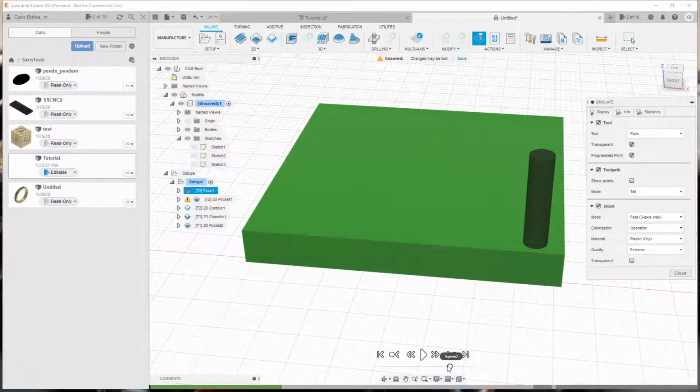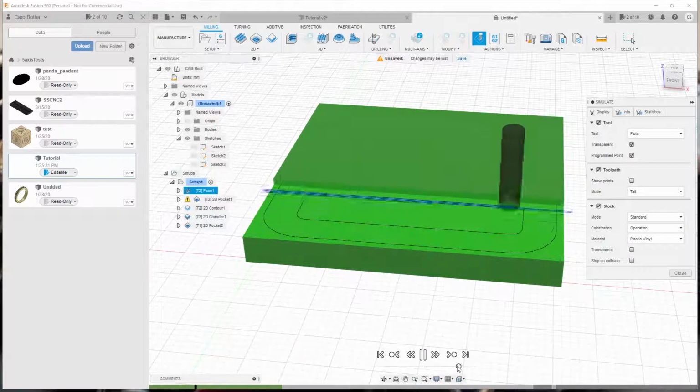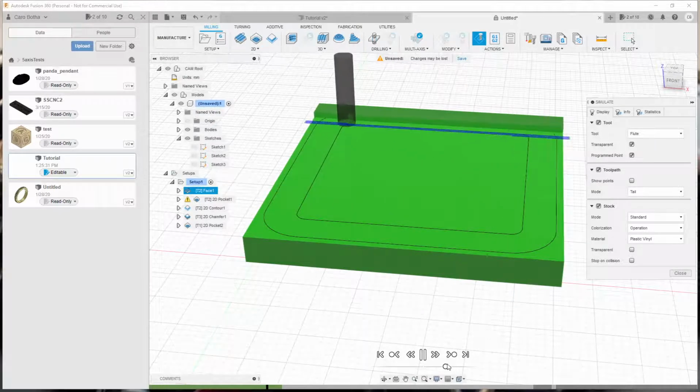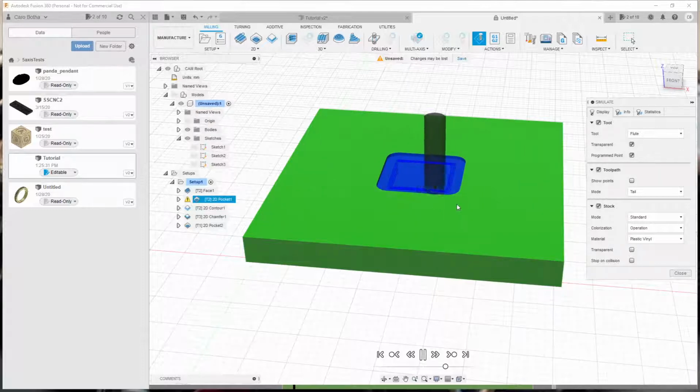I'm going to turn the simulator a little bit slower this time. I'm going to put it on standard. We're good to go. Yep, let's go. And we press play. So the really boring bit, I'll speed up a bit, just that part. Alright, so the pocketing. The first one flattened off to this surface that we needed here. I'm going to turn off the model. The second one is going down, pocketing to get down to the little inset that we made